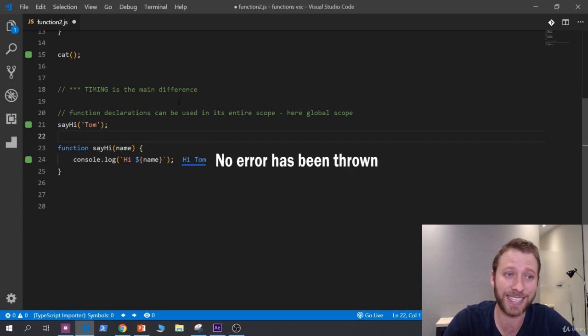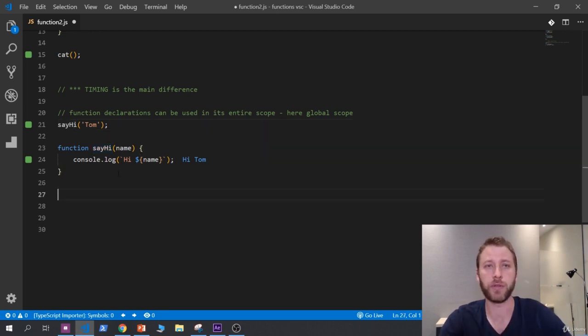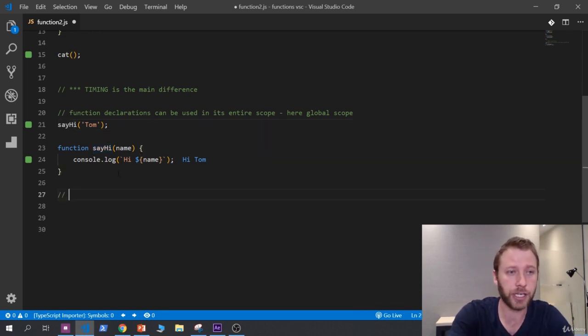Because the parser, when it's parsing the file, even before it's executed and rendered to the screen, is going to have already stored the say hi function. It's going to know exactly what that function is. So when you go and call it, even before we've defined it in our code, it will be valid code. What happens with function expressions? Well, function expressions